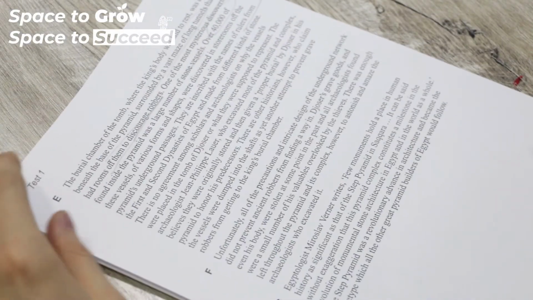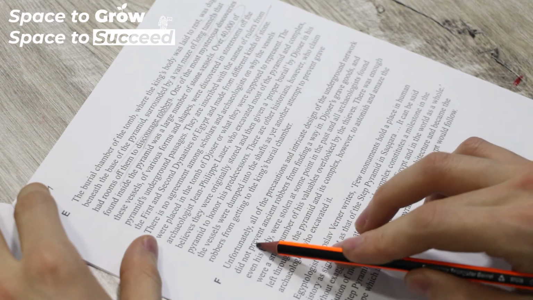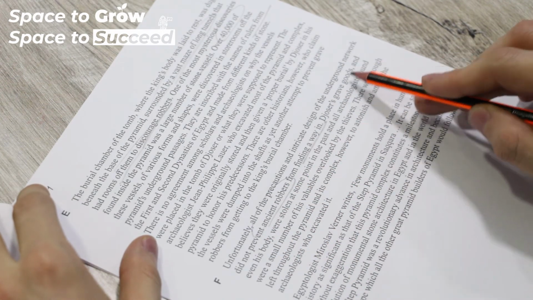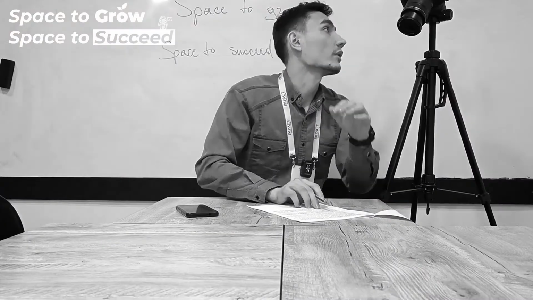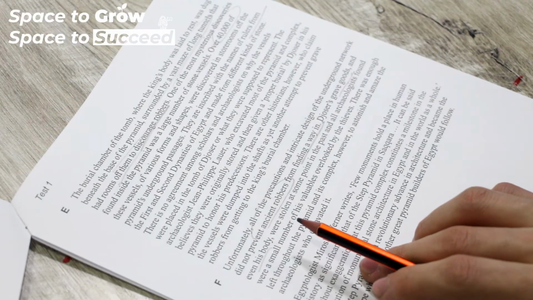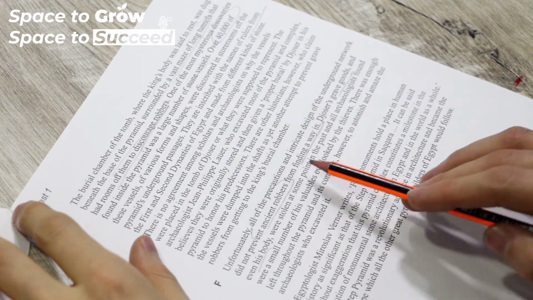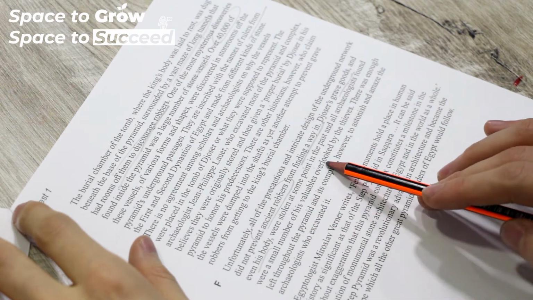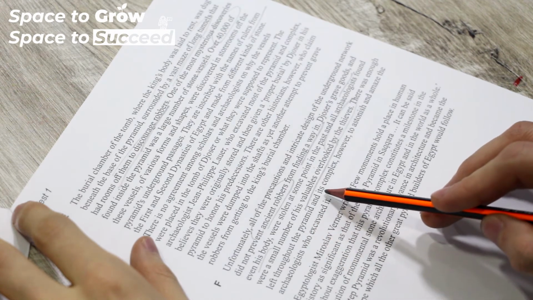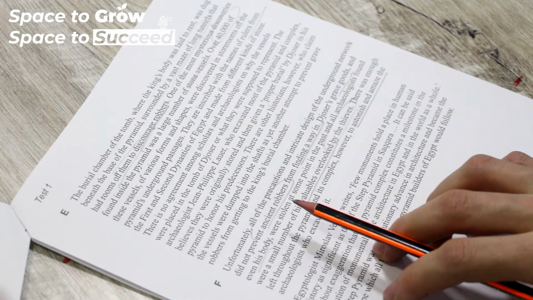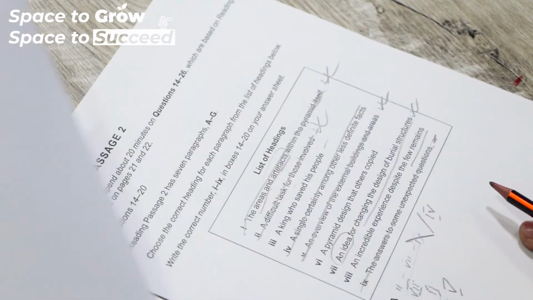Let's read. Unfortunately, all of the precautions and intricate design of the underground network didn't prevent ancient robbers from finding a way in. Joser's grave goods and even his body were stolen at some point in the past, and all archaeologists found, however, were vessels dumped into the shaft. Oh, okay, hold on. Were stolen at some point in the past. Unfortunately, it was stolen, and they left even after the robbery.